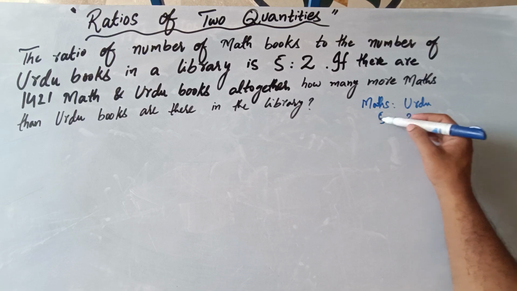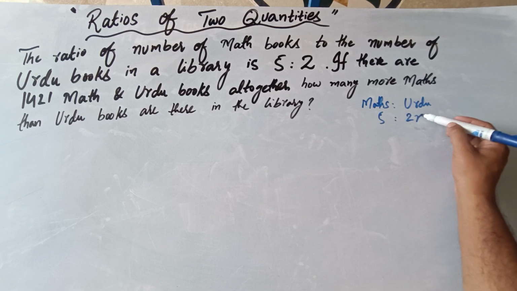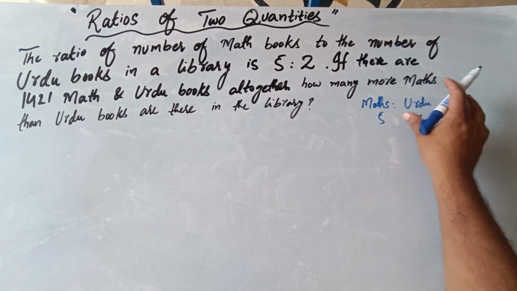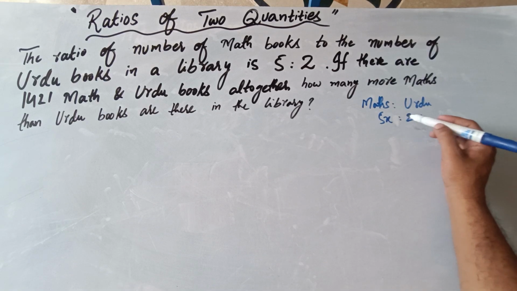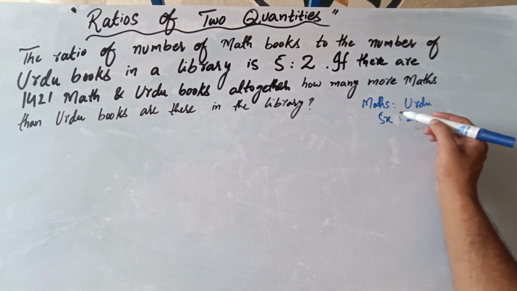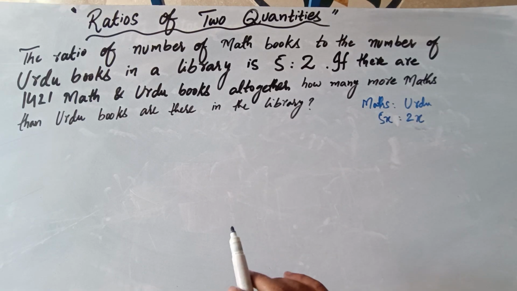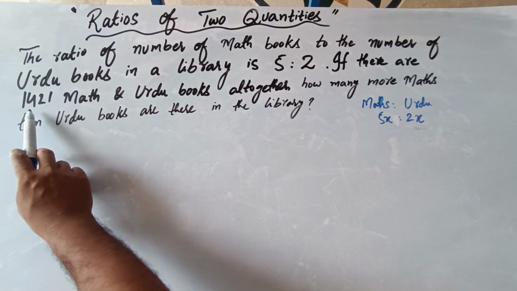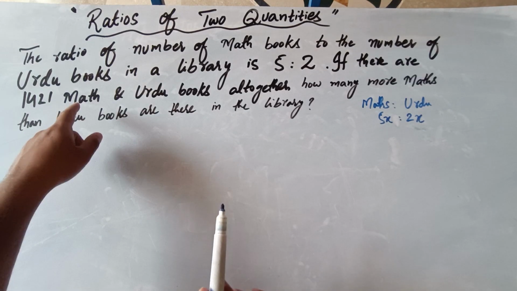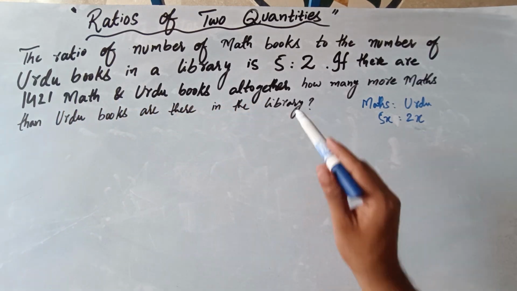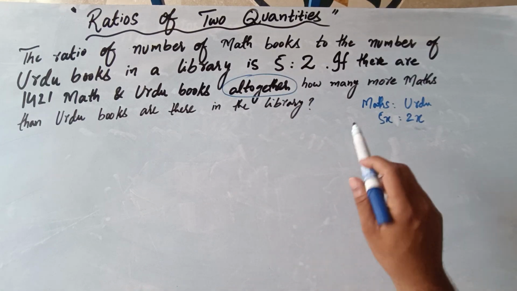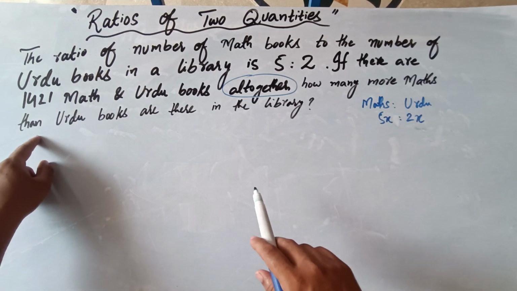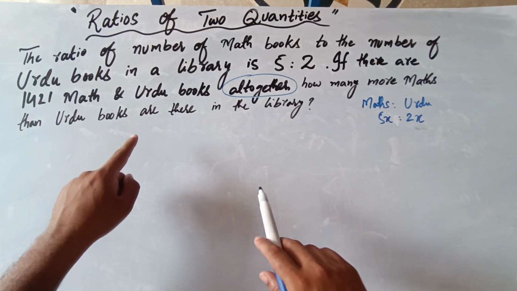It means that these are the simplest ratio. How would they come? By simplifying or dividing by a common factor. They would come in this way. So that's why we would place x with both of them. If there are 1421 maths and Urdu books all together, meaning in total, how many more maths books than Urdu books are there